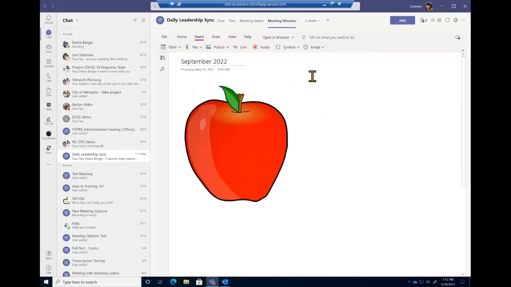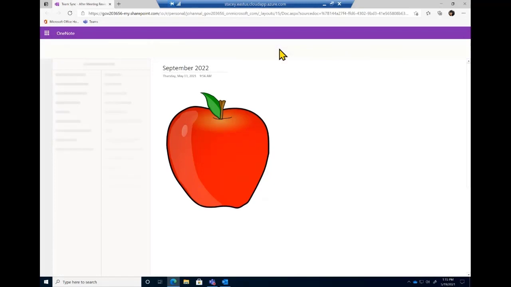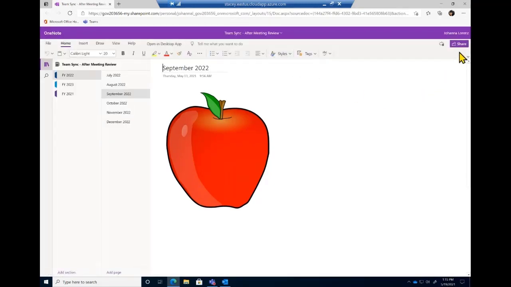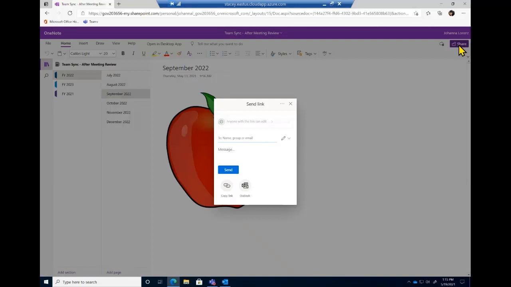And let's say you've made all your updates, but like I mentioned, you want to share it with somebody outside of you and Deborah. You can open in the browser. And when I open in the browser, I get the share option. And that is a really nice benefit to using OneNote. In addition to the additional features you get, unless you copy and paste or snag a screenshot, the traditional meeting notes inside of a Teams meeting are not shareable.